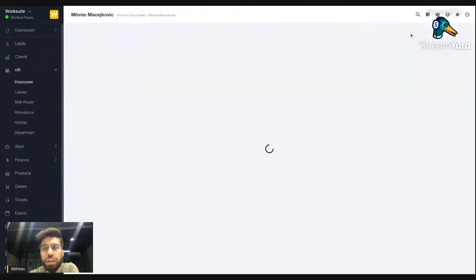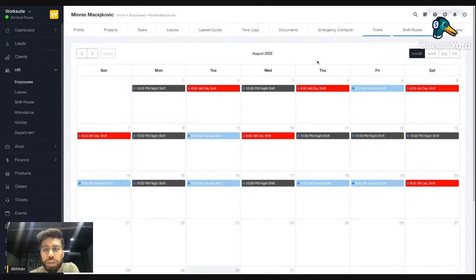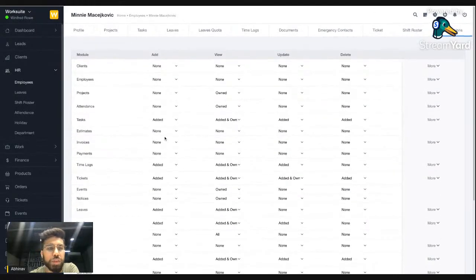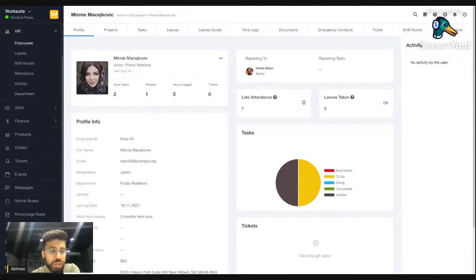Then tickets, shift roster. I will tell you more about this when we go to the shift roster section. And these are the roles and permissions for this particular employee. We will cover it later. So now, when we go to the settings section,